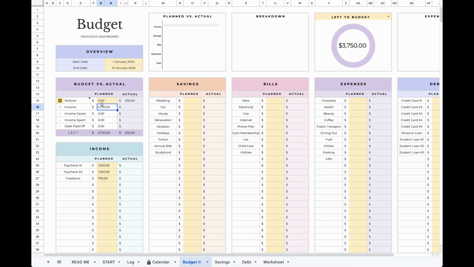$3,750. If from a previous paycheck you expect, let's say, another $500 left over, you can manually enter this here. So that will be your planned rollover amount. And now it shows you have $4,250 left to budget. So over here, this little section, the number is only visible on the browser version,